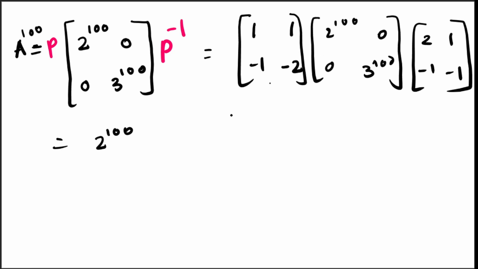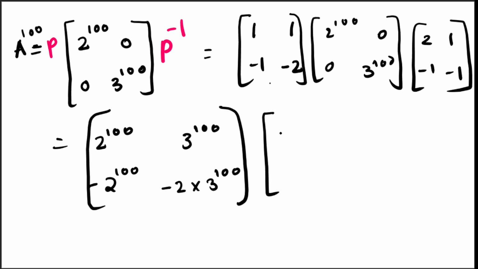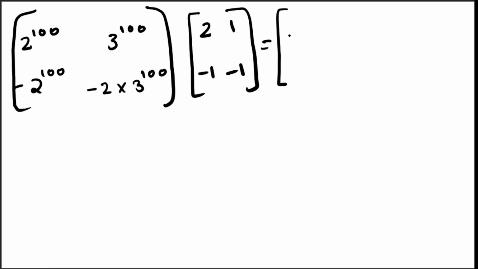and here 3 raised to 100, minus 2 raised to 100, and minus 2 into 3 raised to 100, into 2, 1, minus 1, minus 1. We just have to do one more multiplication, which is given by, we get it like this, 2 raised to 100, minus 3 raised to 100. Okay, then 2 raised to 100